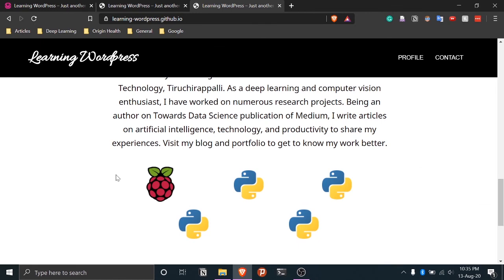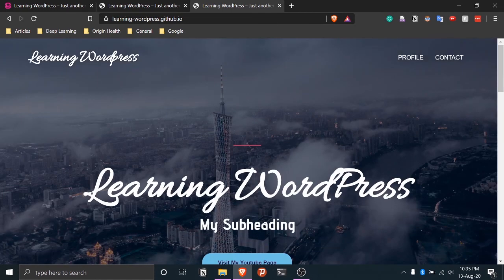So this is basically how you create a website using WordPress and host it on GitHub Pages. And if you see, this whole process is free. So we created a website without any single piece of coding, without any hosting, without actually buying any domain. So it's completely free and it's very easy to do and anybody can do it.